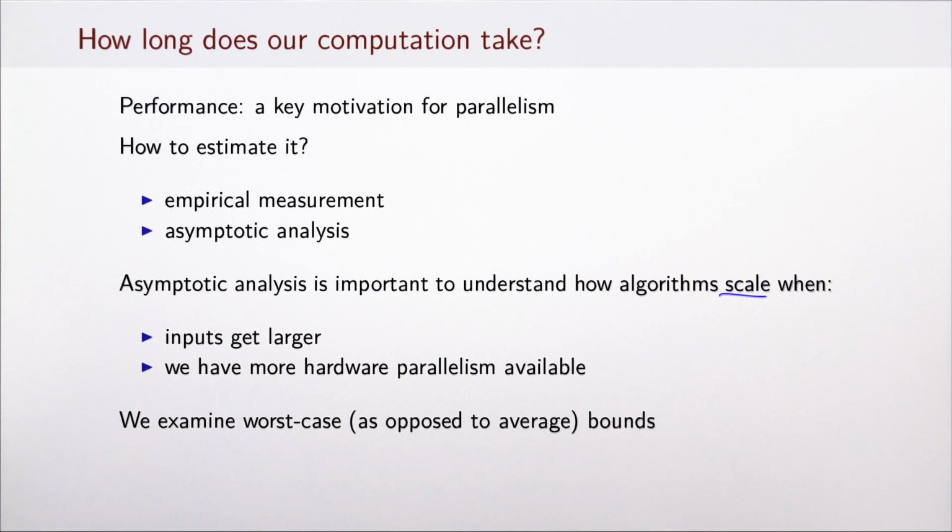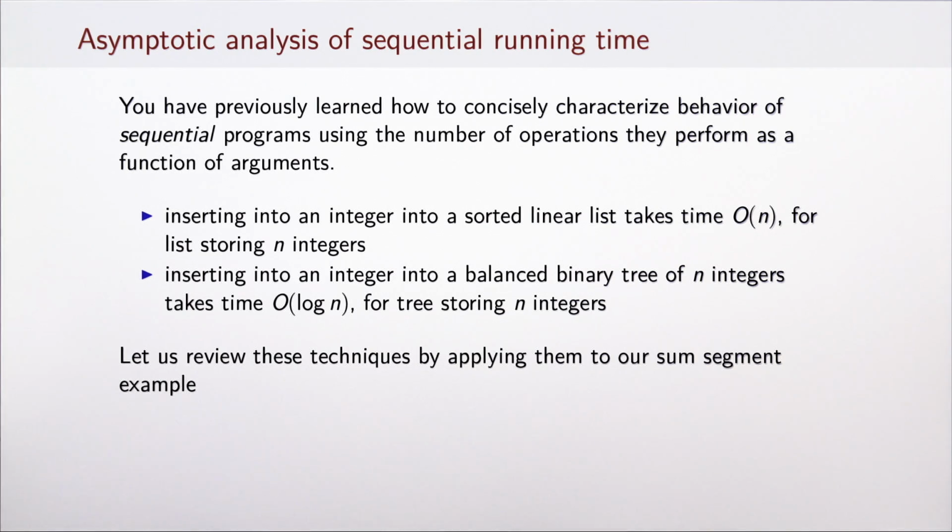Asymptotic analysis allows us to understand how the performance of our algorithm will change when the inputs to the algorithm get larger, or when we have more parallel hardware to use to solve the problem. We will basically be considering the worst case or upper bounds on the performance of our programs. This kind of analysis is something that you have already seen in the case of sequential programs. You basically try to count the number of primitive steps that a program can take as a function of its